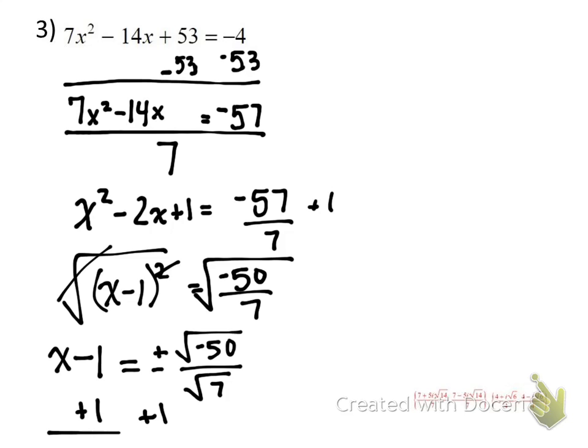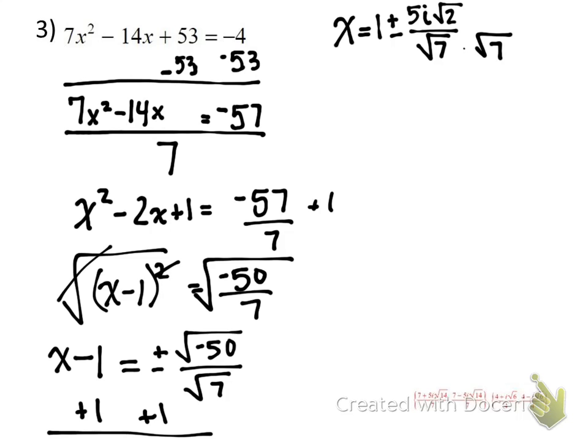It comes to that place where I have to move it up to the other side of the screen. So we're going to have x is equal to 1 plus or minus the square root of negative 50. Now, the square root of negative 50, I could factor out a 5, or I could simplify with 5. That negative sign becomes i, so it's 5i rad 2 over rad 7. We don't like a rad 7, so I multiply both the numerator and denominator by rad 7 to rationalize the denominator. So it's going to be equal to 1 plus or minus